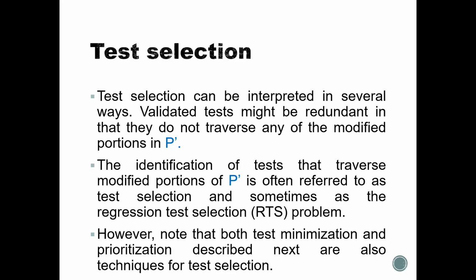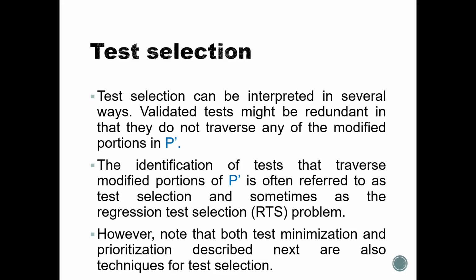And then the next step is test selection, which can be interpreted in several ways. For example, validated tests might be redundant, in the sense that they do not traverse any of the modified portions of P dash. This can be the first part. And the second thing in test selection can be the identification of tests that actually traverse the modified portion of P dash. This is actually what you want, and this is also